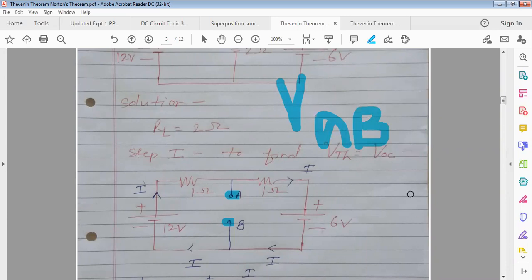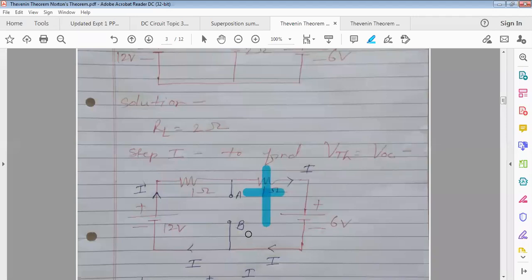Now for that, you can use any method, mostly Kirchhoff's. If you use it, then you can easily find it out. Now see here, it is a DC circuit, and voltage is there across terminals A and B, means it will have polarity, isn't it? So you can mark either one as positive and the other as negative. Suppose I am marking the upper one, A, as positive and B as negative. You can mark reverse also, no issue. Okay. So I have considered terminal A as positive and terminal B as negative.